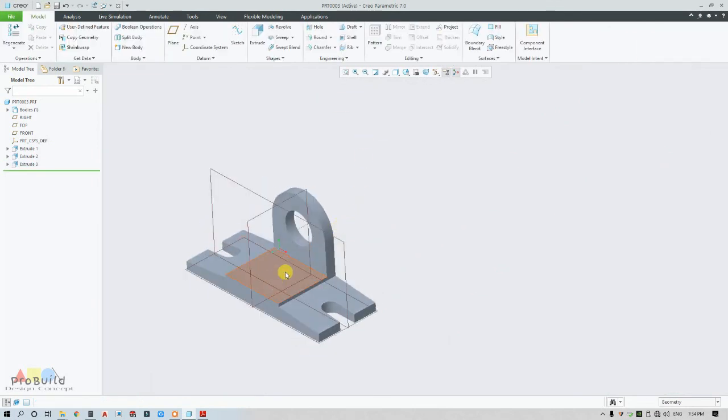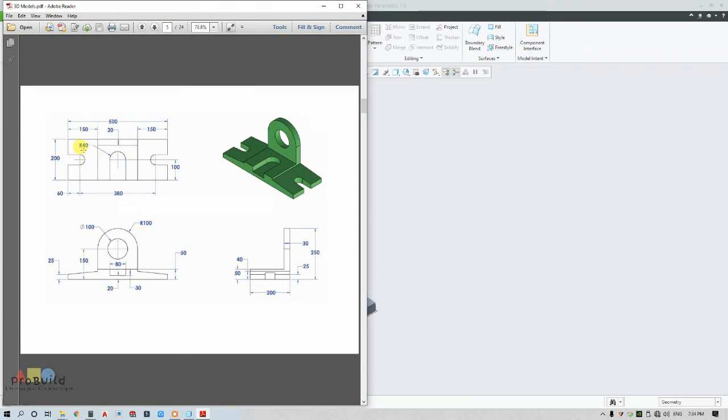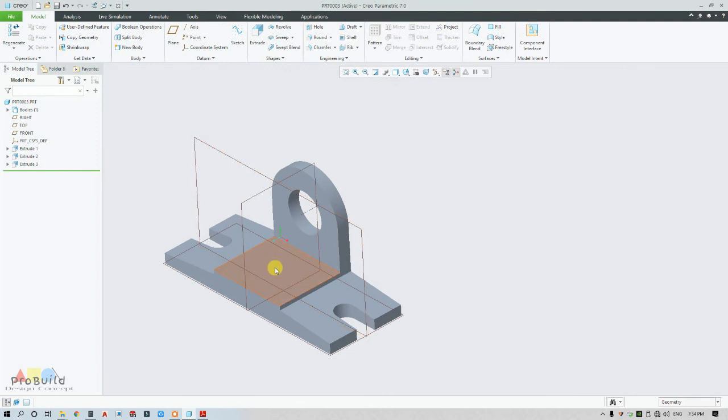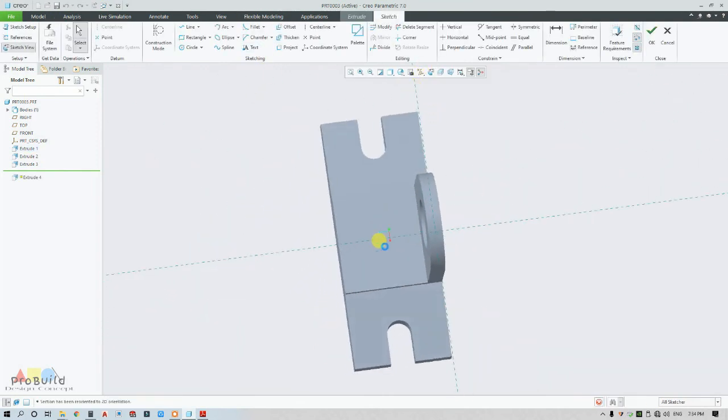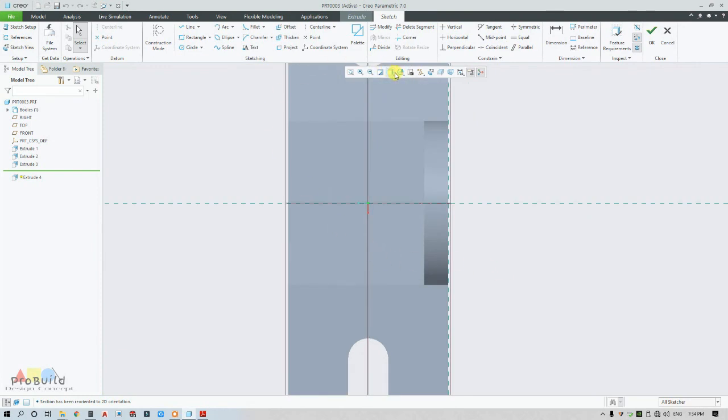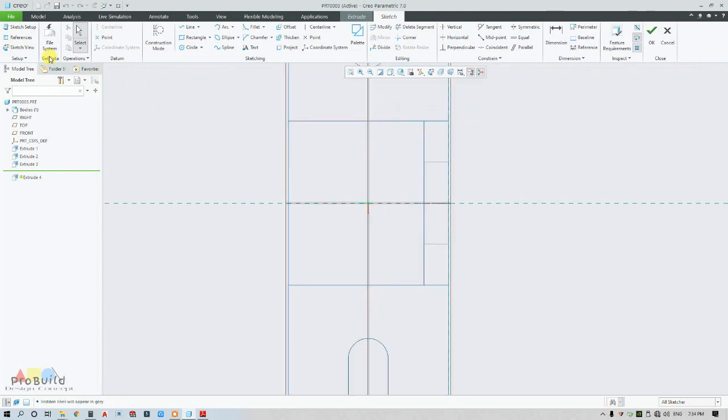Now I need to remove the top surface material, for which they have given R40, its center to the side surface is 100 and its depth is 30. So select the top surface, go to the extrude option, go for 2D view and change to hidden line. Now I am going to draw a circle.